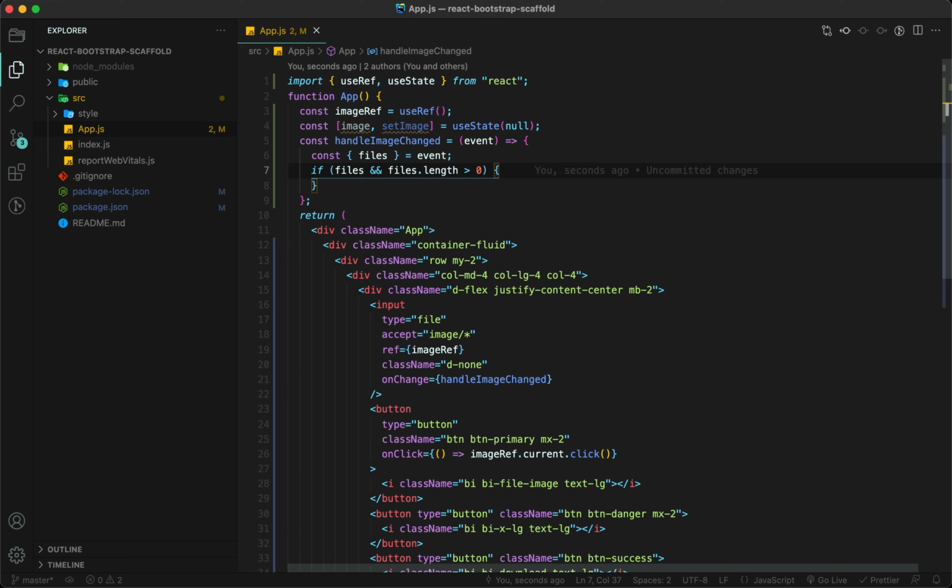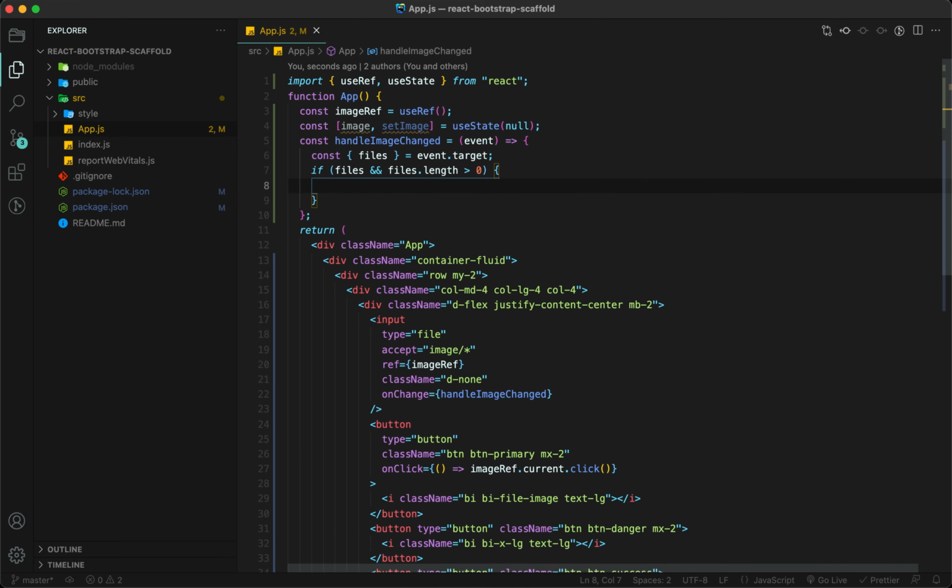It means we have a files object from the event and something has been selected. Sorry, these files will be from the target. We have event.target, and the target has a name and files. Okay, it will work now.